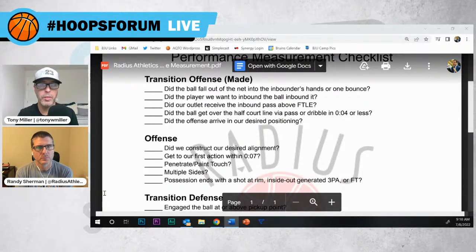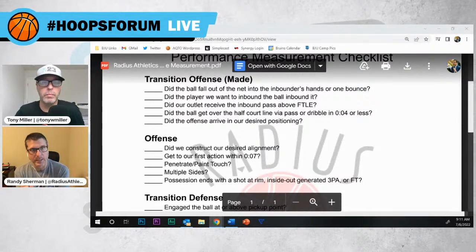A word of caution: don't end up with 10 to 12 things under each of these. For example, let's look at the transition offense. We'll start there and say those 5 things. When I did this, I had to ask, oh man, what's not going to make the cut? So I decided to include things like, if I've installed all this, I've presented this material to my team, and now we're playing and I'm grading film, or evaluating our performance,